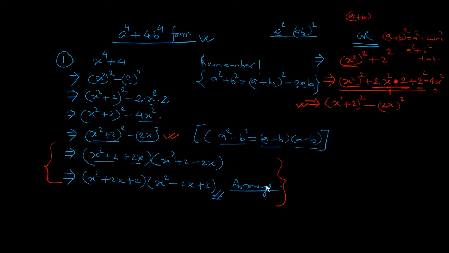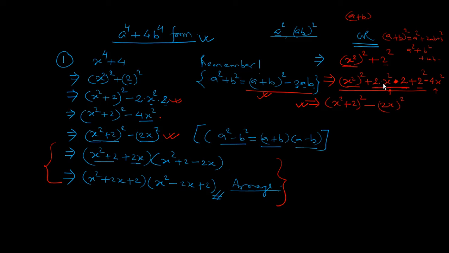The steps are the same. The remaining part is now the same. So only the target: either use the direct formula or develop this pattern and subtract the middle term. Okay, again I want to explain. Either use the direct formula (a plus b) whole square minus 2ab, directly subtracting here, but sometimes it will be difficult to understand. In that case, simply my target is making the (a plus b) whole square form.